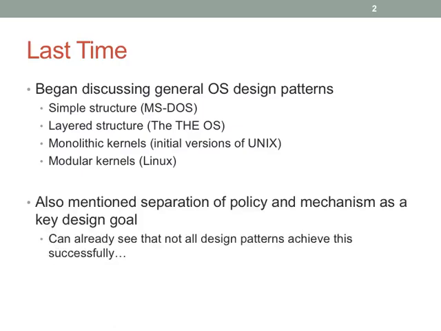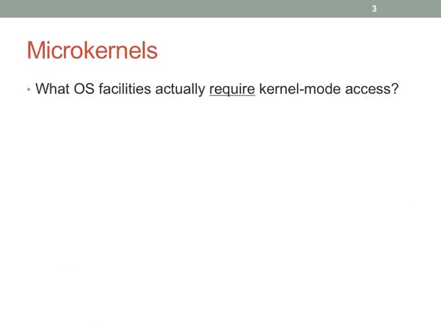We also talked about separation of policy and mechanism. Remember, this is really common in operating system implementation because mechanism is kind of hardware. It almost never changes for a particular platform, but policy can change all the time. You can come up with a lot of ways of improving policies to get better results, and so it's nice to have those 2 things separated from each other in the design.